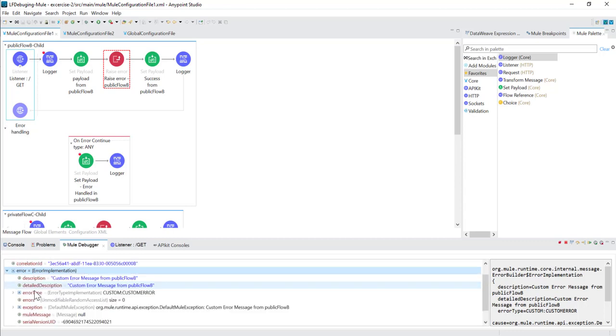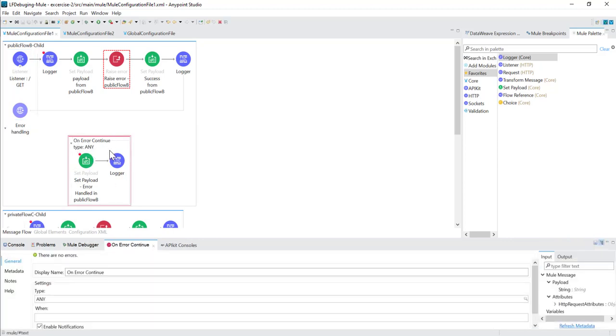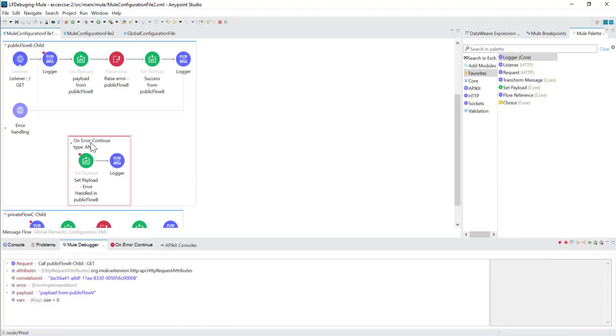raised one error, and we can see that the error type is custom error, which we have configured there in the raise error. So what is going to be the next thing which will happen in the child flow? If we move ahead, the error which has happened in the child flow is going to be handled by the flow level error handler, which we have mentioned here. So this is the flow level error handler. Using this we are going to handle the exception. So now let's move ahead,